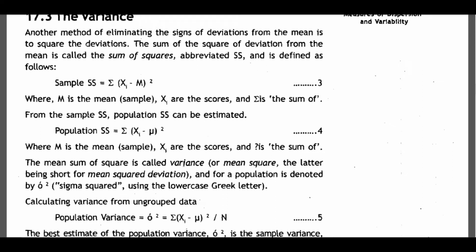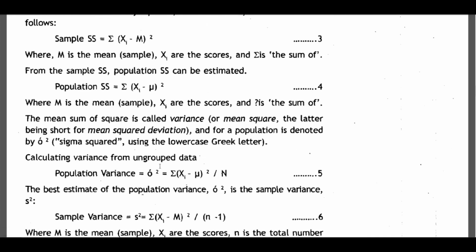the squares. This is called variance or mean square, the latter being short for mean square deviation. For a population it is denoted as sigma square, using the lowercase Greek letter. Calculating variance from ungrouped data: population variance sigma square is equal to the sum of (xi minus mu) squared,